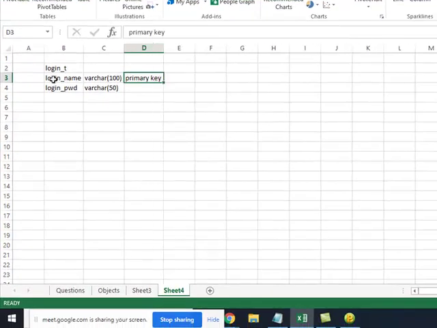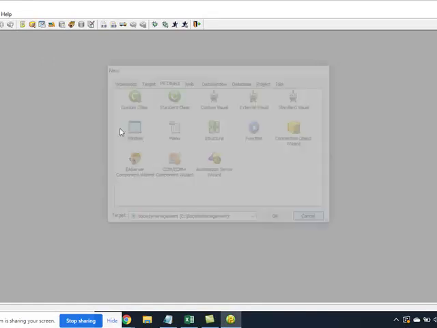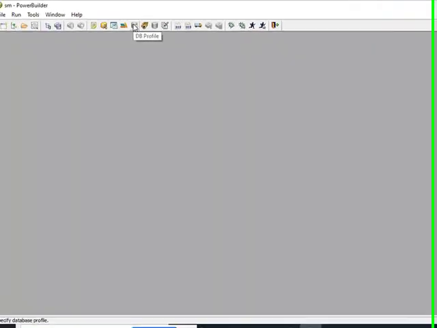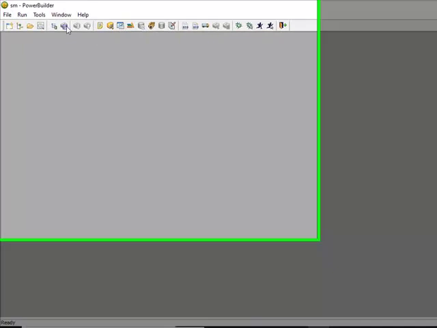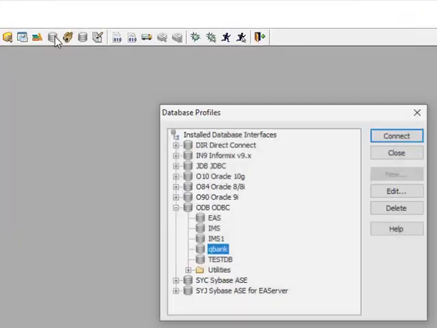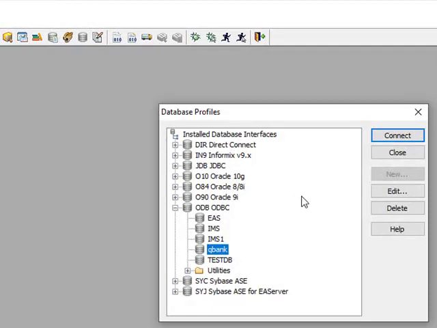We have discussed a lot about the database, but as and when required we'll discuss those things as well. So let's create a table first. So far, these are called painters also. We have seen the browser, we have seen the library. Now we are going to connect to the database. So this is DB profile.